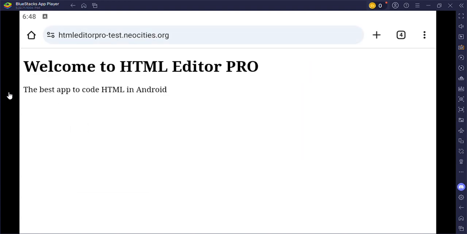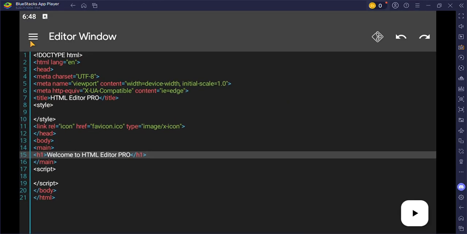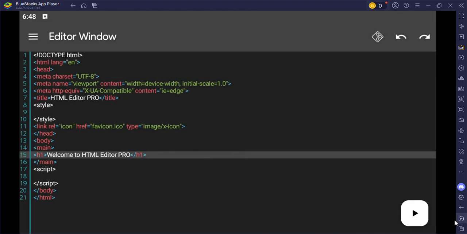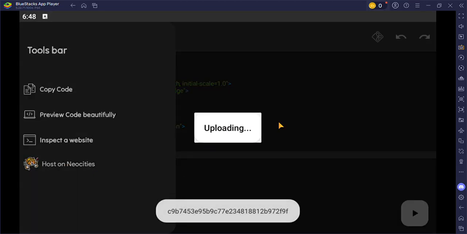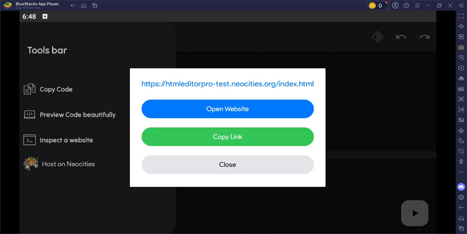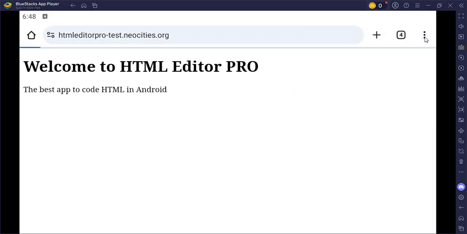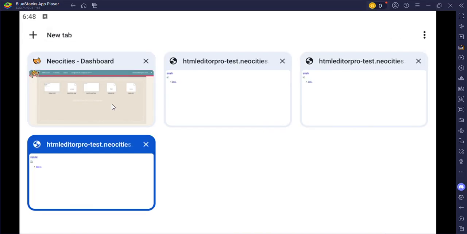And if I go to this page, you can see for now we have this paragraph also. But what if I want to update this page, so the file name remains the same. Just added this one, run and see if the output is correct or not, and again come back here and tap on host on new sites. It will again upload. Now you can see if I refresh this,